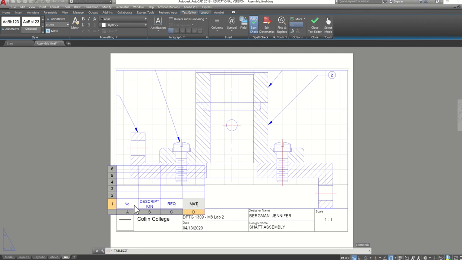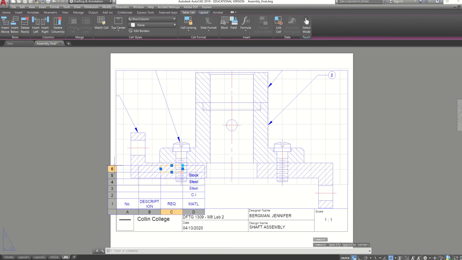And then we have material. And this is going to be C.I. up steel, and then this is going to be stock. All right, oh, we have an extra row here, so I just clicked out of the text editor, and